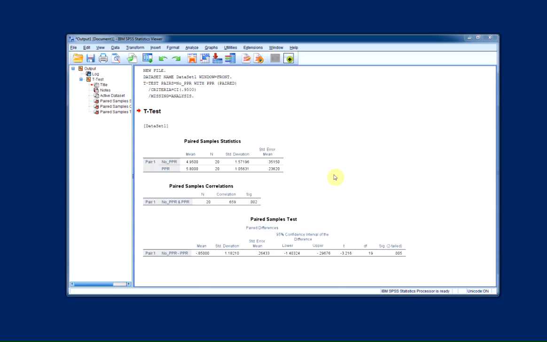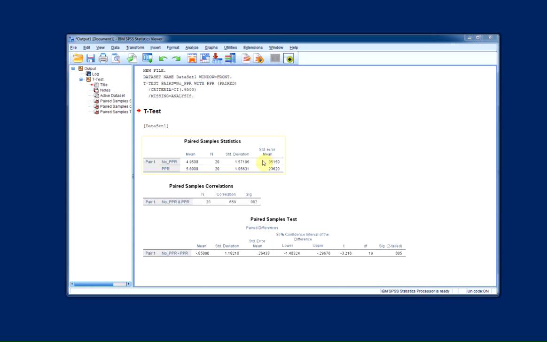The second box we can ignore for now. It's not necessary for our paired samples t-test. The third box down here, the paired samples t-test box, contains the results that we need. The p-value is this value here, the significance value. And that, as you know, tells us if we've got a statistically significant difference or not. So if this value is less than 0.05, it means we've got a significant difference between our two conditions. In this case, it's 0.005, so it is lower than 0.05, and that means there's a statistically significant difference between our two